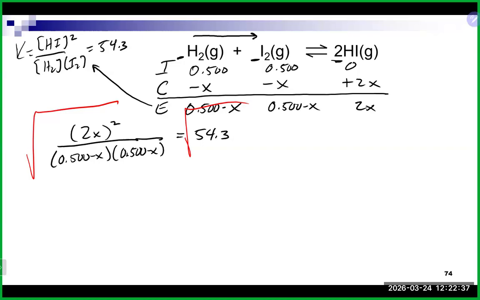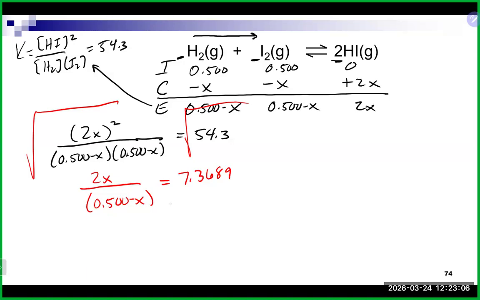You could go that route. By the way, it'll give us the same answer whichever way. So if you just want to roll quadratic, you can. But in this case, you can perfect square it. It might save you some time. So that's going to give us 2x up on top. That's going to give us 0.5 minus x here. And the thing I personally always forget to do, actually take the square root there, the square root of 54.3 as well. So that's going to get us a